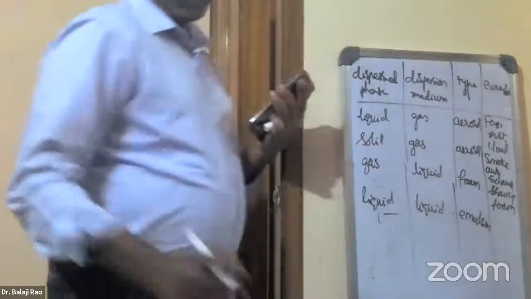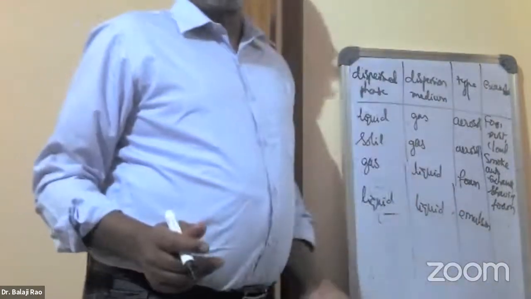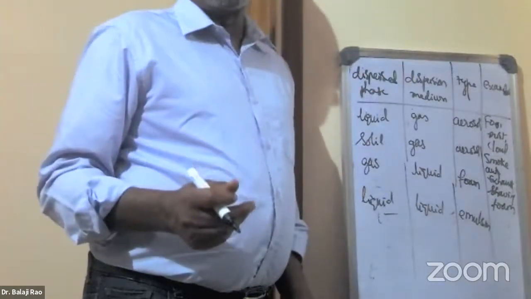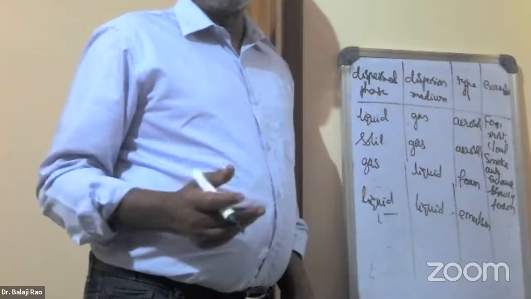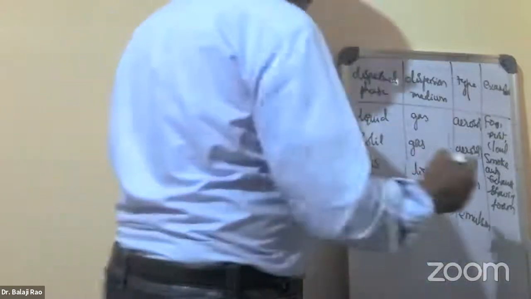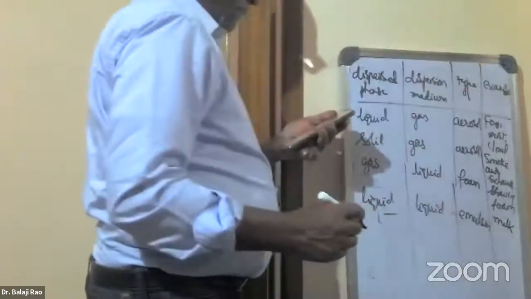And a liquid in a liquid would be called emulsion. Well, I need not tell you the examples for emulsion because you are constantly bombarded on the television by a number of paint companies which sell emulsions to paint your walls. But I would put my bet on milk. Milk is a beautiful example for emulsion.